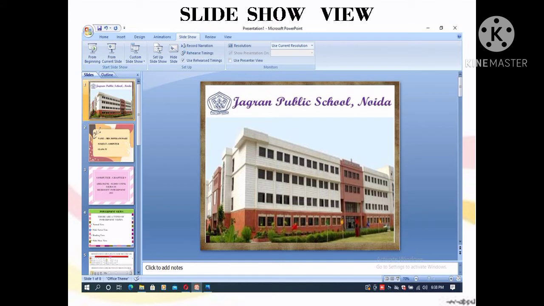Our next is slideshow view. You are all very well aware of the slideshow view. You will click on the slideshow view. There are many buttons present on the slideshow view: from beginning, from current slide, custom slideshow, setup slideshow, hide slide. There are so many options available. A slideshow is the sequential display of slides in the full screen mode.